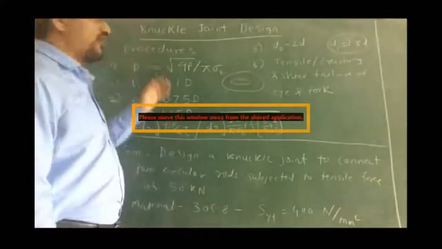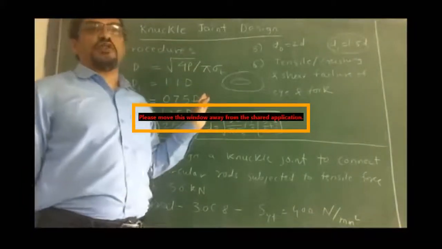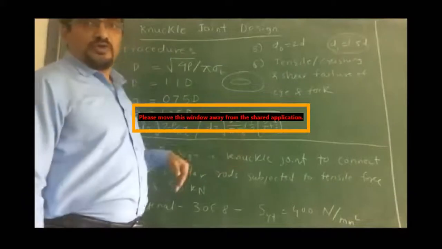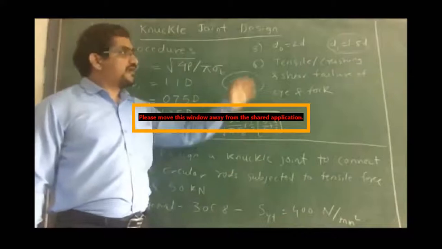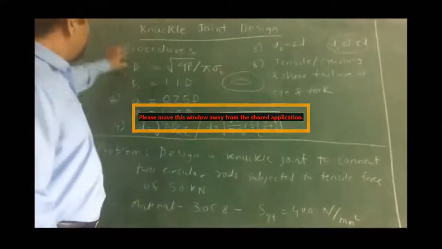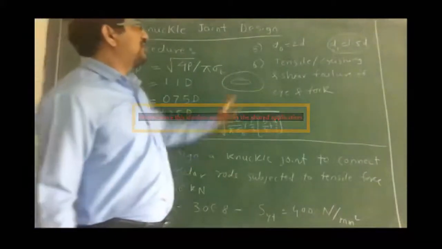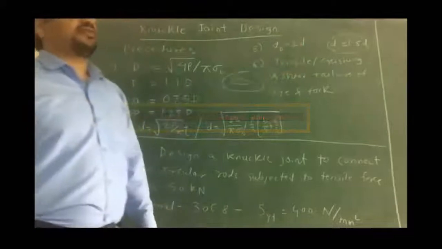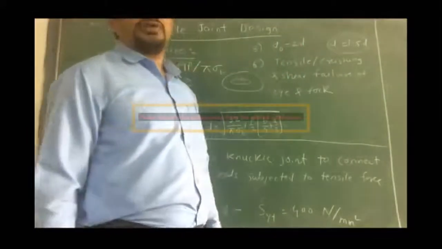Right, because we found the dimensions by using the failure of the knuckle pin, and once we know the dimensions, we will use them for finding different kinds of failures of the eye and the fork end. So this is the procedure we follow: D1, capital D1, A, D, small d, D0, D1, and check different failures. This is the procedure we'll use for the design of the knuckle joint.